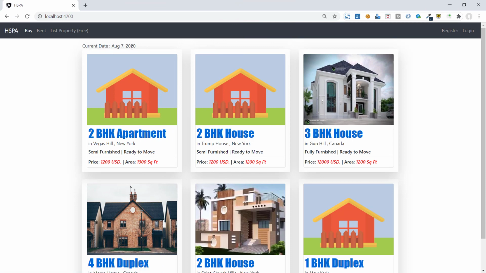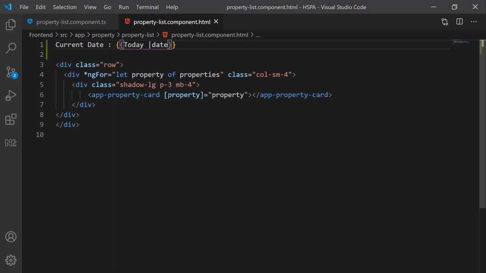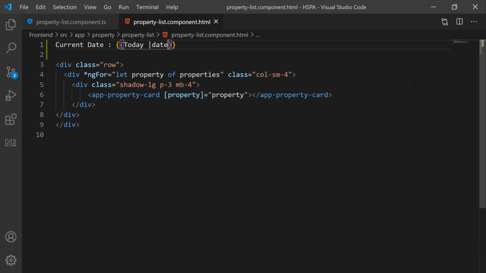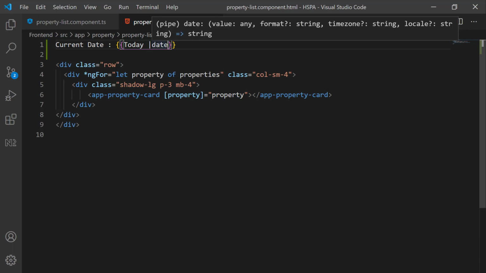So now it shows only the date part and the day, time and time zone have been removed. This is the default date format that is transformed by the date pipe. Let's look at it in more depth to understand how it works. If you hover on this pipe, you can see this pipe operator accepts a few parameters. This value parameter is mandatory and other parameters like format, time zone and locale are the optional ones. Angular automatically passes the object at the left side of the pipe as input in the value parameter, and other parameters we can pass in sequence separated by a colon.